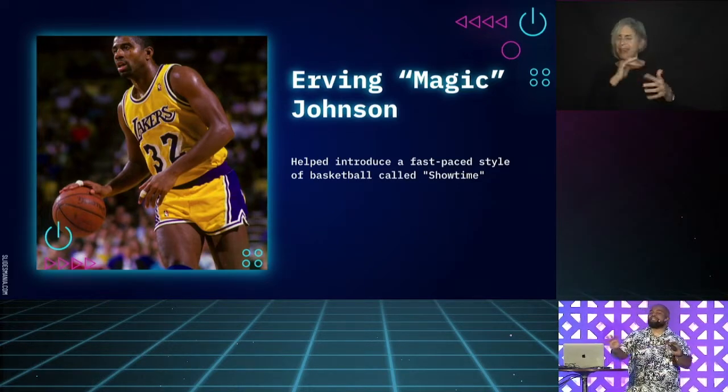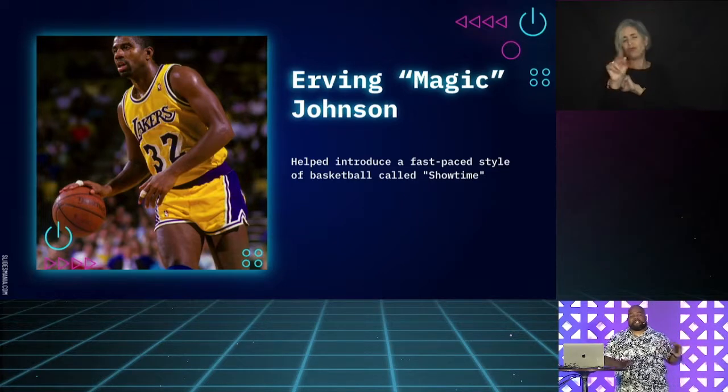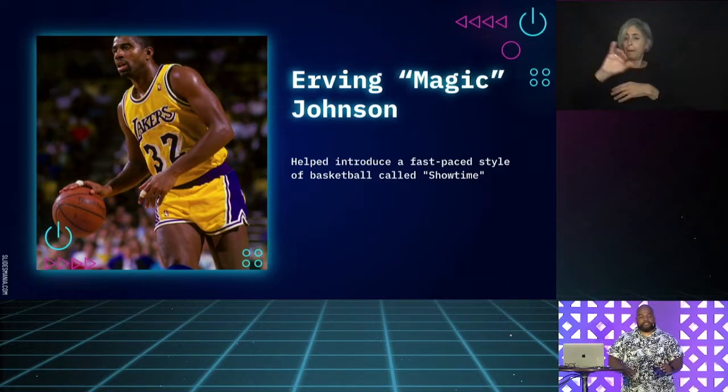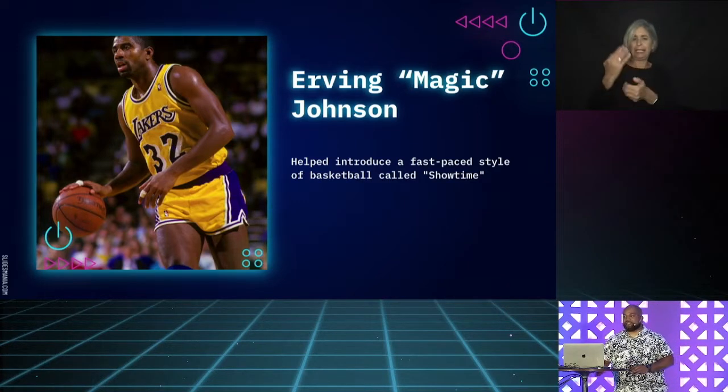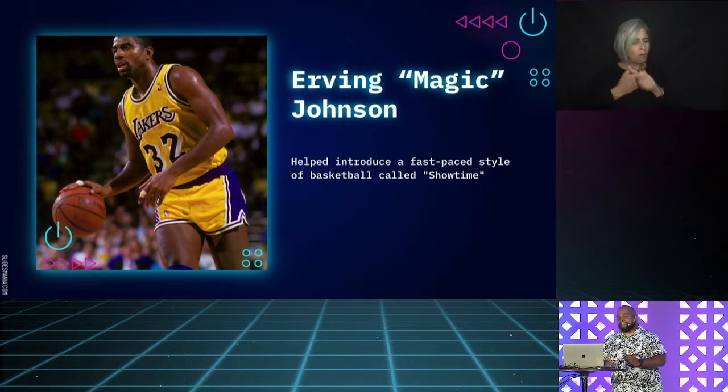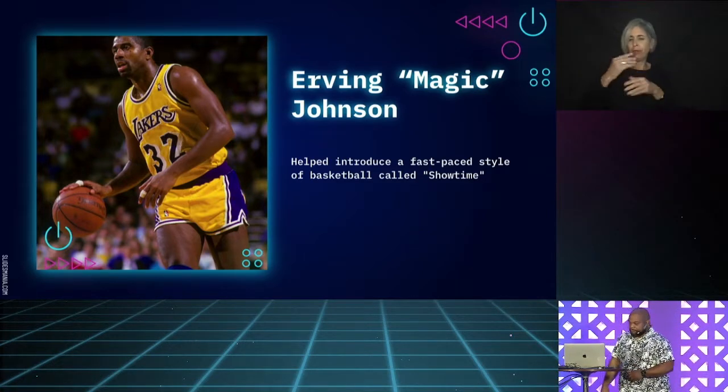It wasn't a complete paradigm shift. They still had to do the same things of putting the ball in the hoop, but Magic Johnson made it easier because he had the flashy passes. He ran up and down the court a lot faster. He made it easier for his teammates to get better.